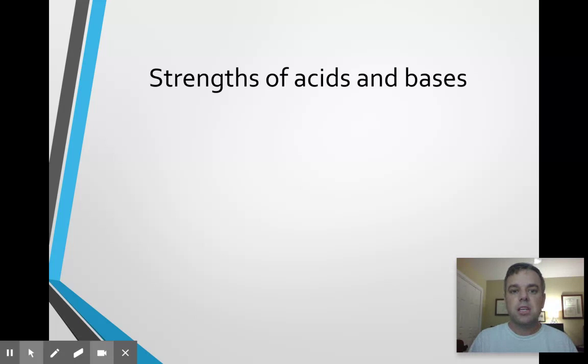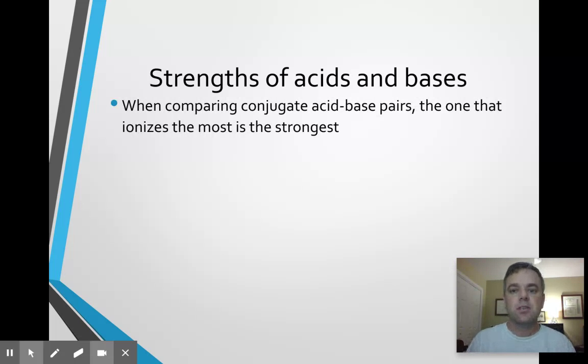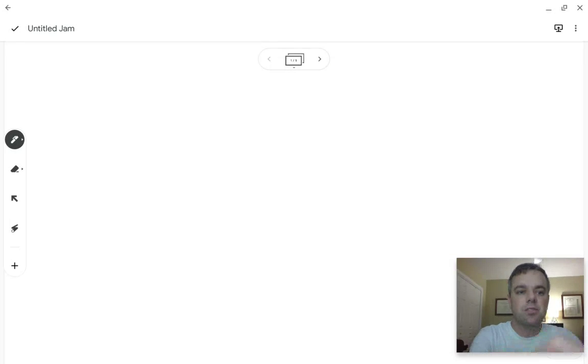Today, we're going to be looking at the strengths of acids and bases. And essentially, when you're comparing conjugate acid base pairs, the one that ionizes the most is the strongest. And let me explain what I mean. So let's consider a conjugate acid base pair. So we have, for instance, hydrofluoric acid